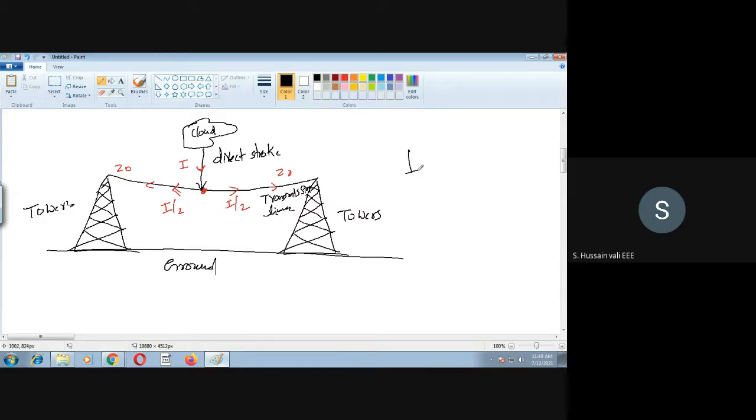Then we'll see here, I can represent this as an equivalent circuit like this. Whichever I said here, the cloud is there, from the cloud there is a lightning strike at this point, then this will get divided into two parts, and I'm saying that both the parts are equal because both the impedances are Z0 and Z0 only. Okay, so let me take the circuit here. Here Z0 is the impedance on the left side and right side.